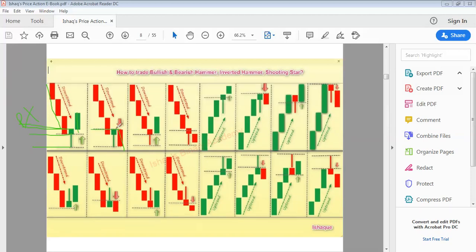If you find any level above the closing price of the green candle, the next candle must go down. If there is no level, then there is no reason to go down, and it will go up. Price does not move without reason. It's a clear thing that price does not move without a reason. If there is a level, price must touch this level and go up. There is a reason because there is a key level. If there is no level, price will go down, down, down. But there is a level.